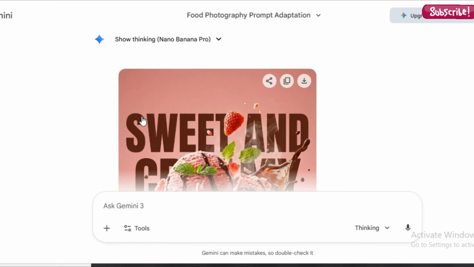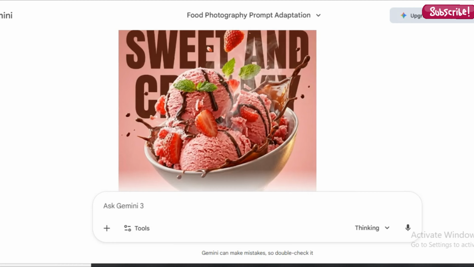That's how you can create a professional-looking food explosion marketing image using Gemini AI, perfect for promoting your restaurant or